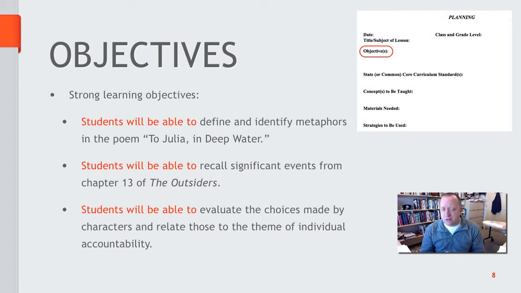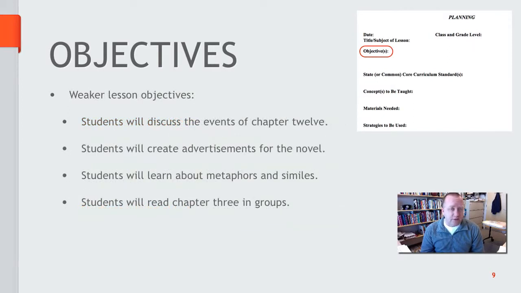These objectives, I can't stress how important a good objective is. You should be able to look at these objectives and think to yourself, I can start to see how a lesson plan would develop around this objective, what kinds of learning activities I might have, even what kinds of assessments I might have. Okay, now let me show you some examples of some weaker learning objectives